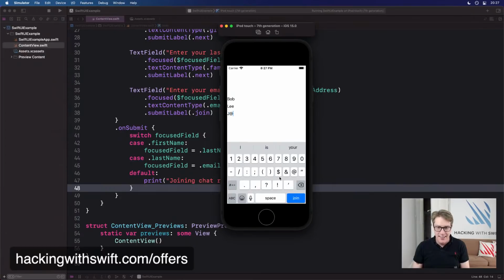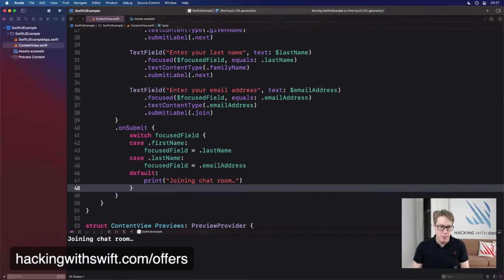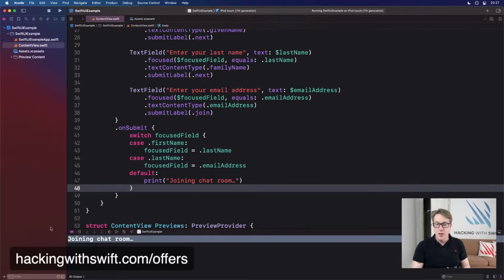At J dot, good grief, it's slow to type, com. Okay, join. And boom, we get join in chat room down here. Brilliant. So we can work our way through a series of form fields, focusing as much as we want to, and then do something when we're finished, which is great. So it's getting better and better and better.